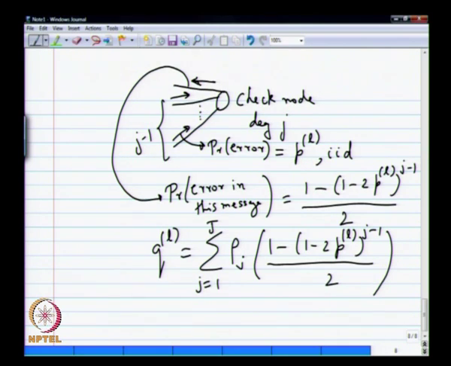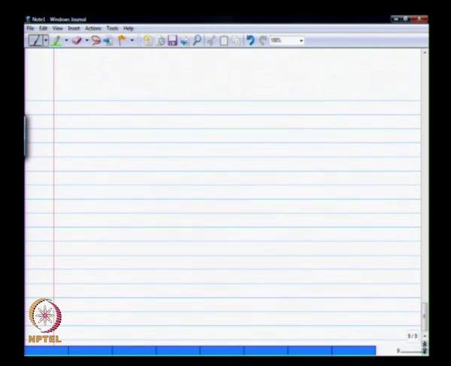Okay. So, this is for QL. Okay. So, now I have QL, I will repeat something very similar for the bit node also. Okay. So, what do I do for the bit node? My bit node, suppose it has degree,